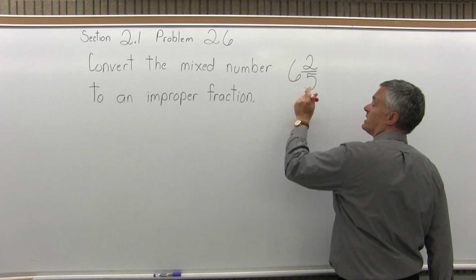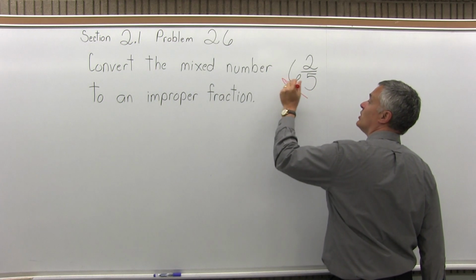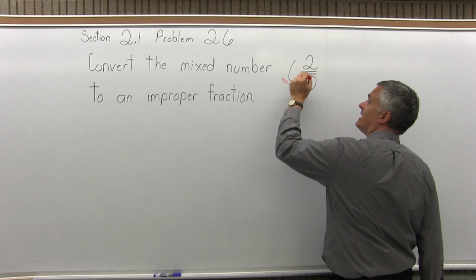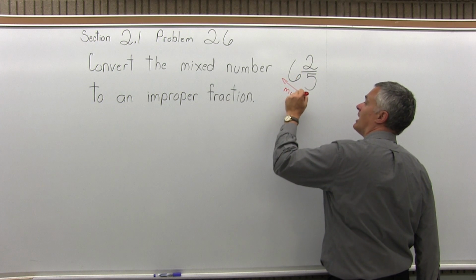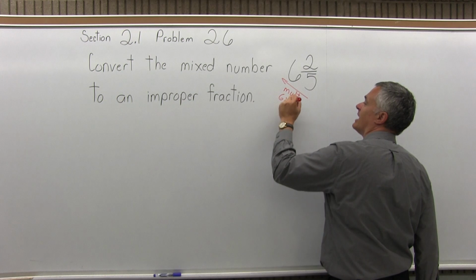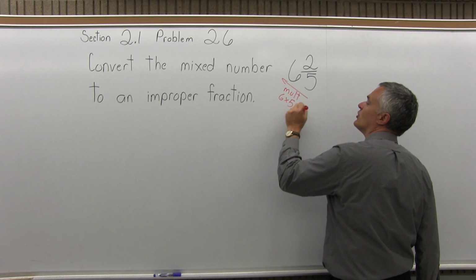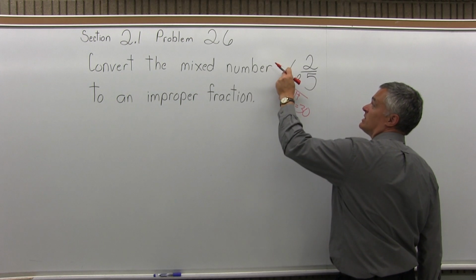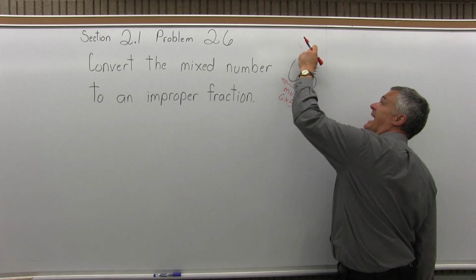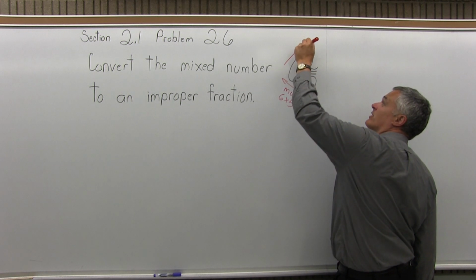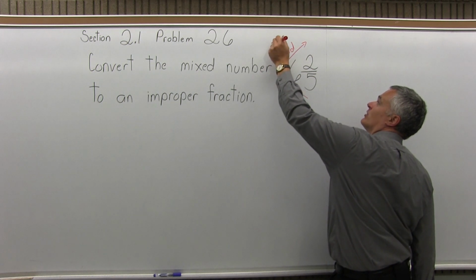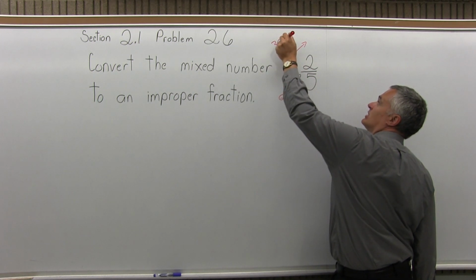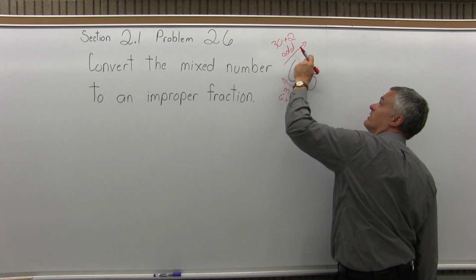A mixed number is a number and a fraction, and we multiply the denominator of the fraction times the whole number in front. So that's a multiply. So that'll be 6 times 5 is 30. So I take that result of 30 and I add it to the numerator of the mixed number. Add, and that will be the 30 that I got as a result, plus 2 more, the numerator that I